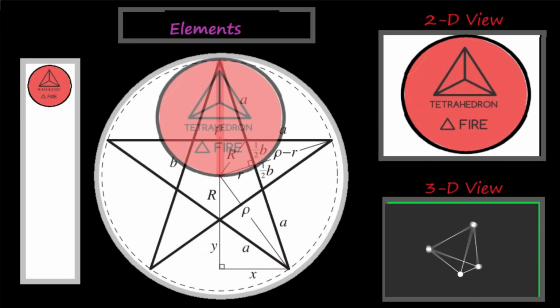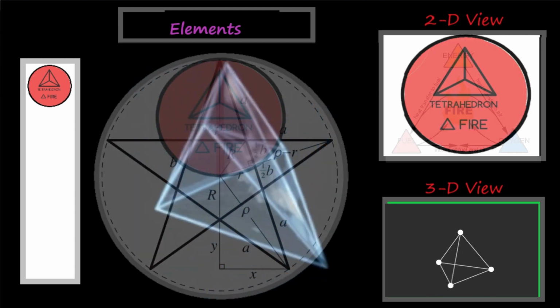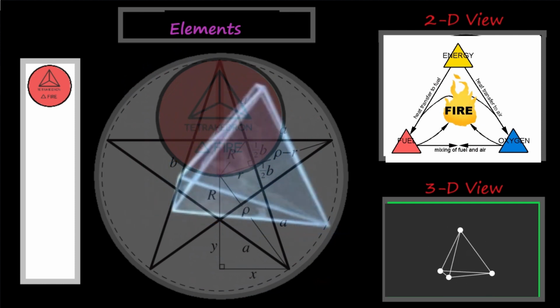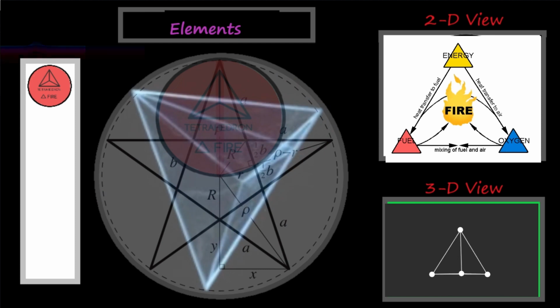The first circumradius to element we will associate is the fire element. This element is associated with the color red. For many years, the concept of fire was symbolized by the triangle of combustion and represented with fuel, heat, and